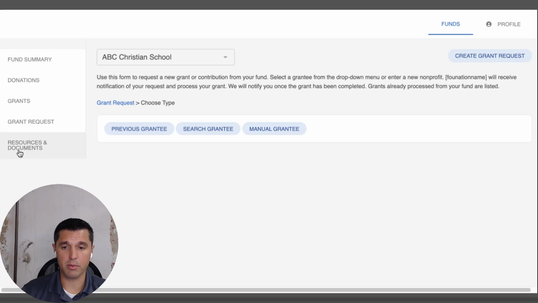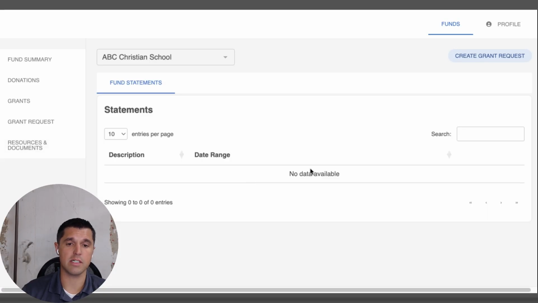Finally, with our options here on the left is the resources and documents page. This is where you're going to access your fund statements. Remember, just out of transparency, we're producing monthly fund statements. It's for the sake of transparency that we keep them monthly, but also recognize this is a long-term fund. Quarterly snapshots are typically what we use for the numbers, both in your fees as well as your spendable balance.